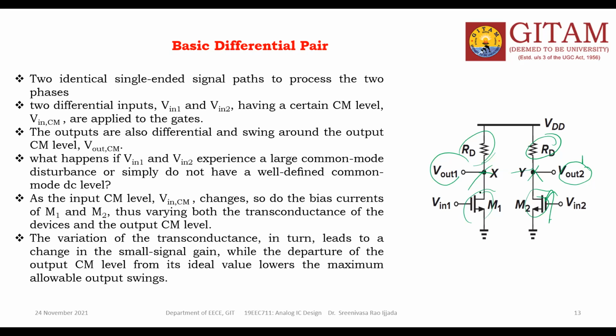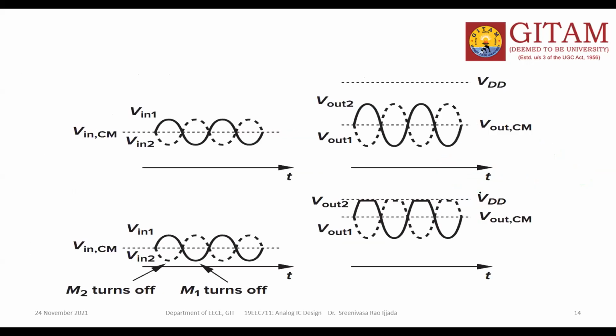Your voltage gain formula is what? A is minus GM into RD for this circuit. It's a small signal, not a large signal. Large signal, I told you, means your input signal may vary from 0 to VDD or VDD to 0. That's for the large signal. If you see this picture, this is the one input signal, and it is varying. Both are having this dotted line, the common mode.